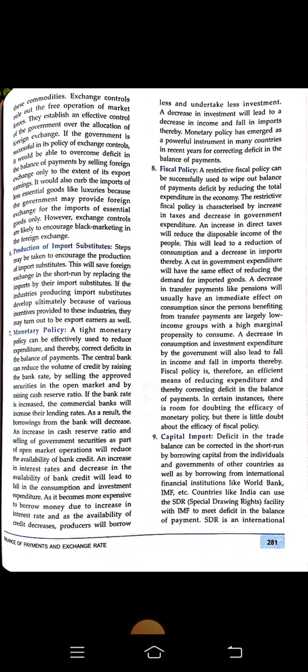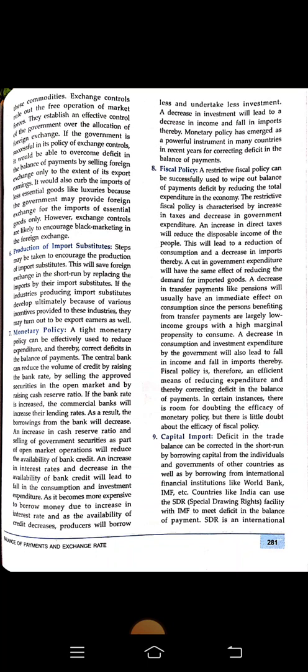If the industry is producing import substitutes, they develop ultimately because of various incentives provided to these industries. They may turn out to be export earners as well. Monetary policies. A tight monetary policy can be efficiently used to reduce the expenditure and thereby correct the defects of